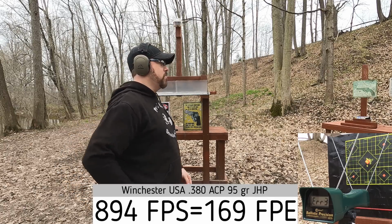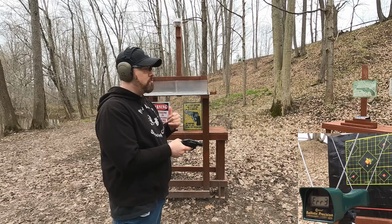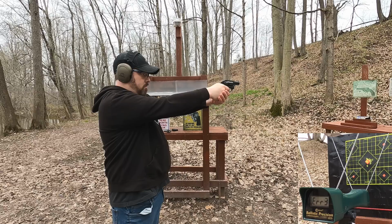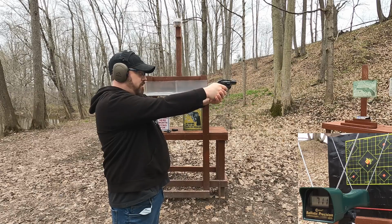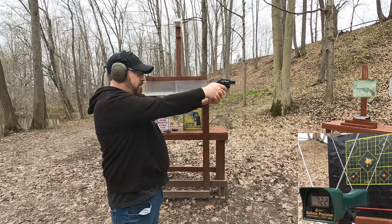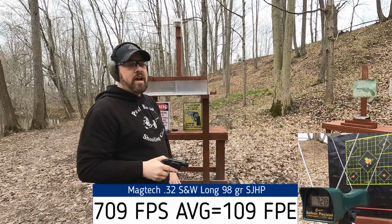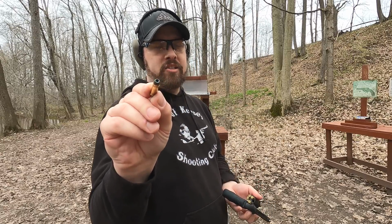Now let's move on to our 32 Smith & Wesson long. 98 grain, so almost the same weight as that 380. Let's see what we get with this. 676, 711, 722, 714, 720. Now, not very fast velocity, so less powerful than that 380, but it has a semi-jacketed